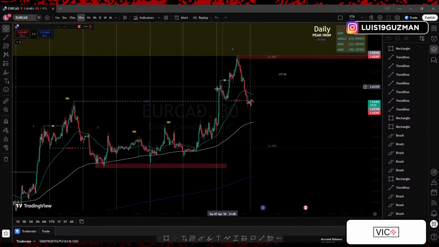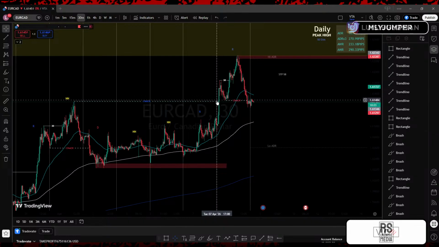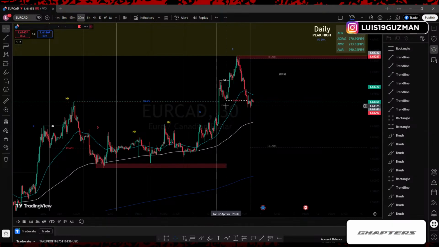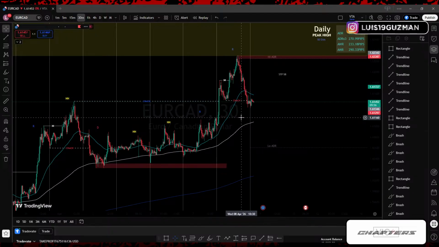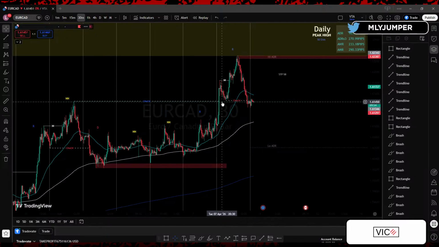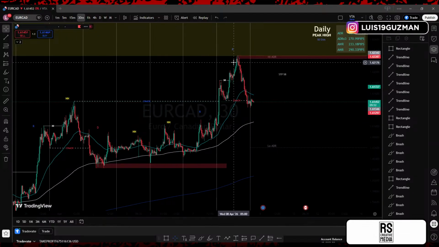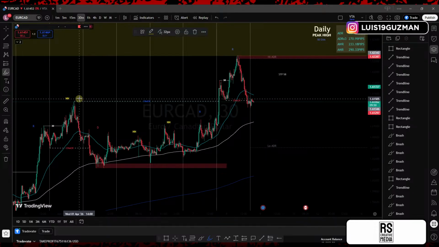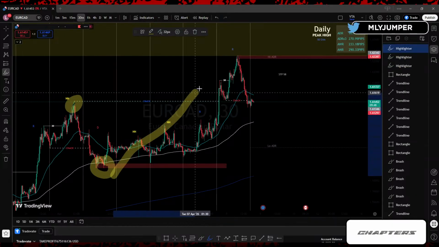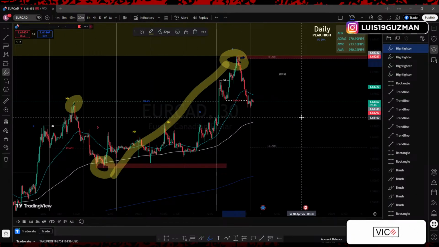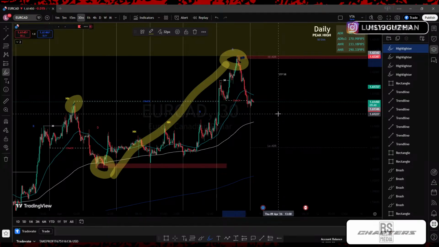So at this point, I'm going to keep it marked this way, where we have this small move here, higher high, higher low, higher high. This is the change, but I wouldn't mark it up that way. I would simply mark this up that all of this is part of the same trend, where we're still trading higher high, higher low, higher high. This is how I would do it to keep it more simple.